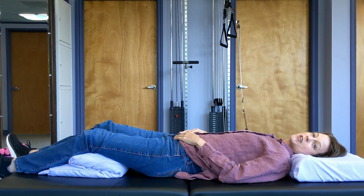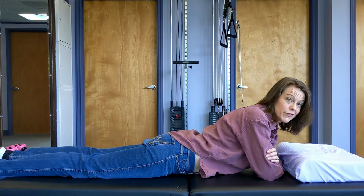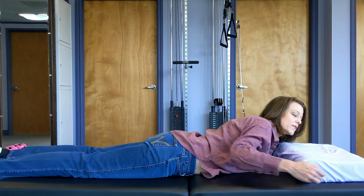Now, next we're going to talk about the one position that I need you to avoid. The one position that I really need you to avoid if you're struggling with sciatica, actually just the one position that I really need you to avoid in general, is laying on your stomach. Laying on your stomach is no good because even when you're down here,